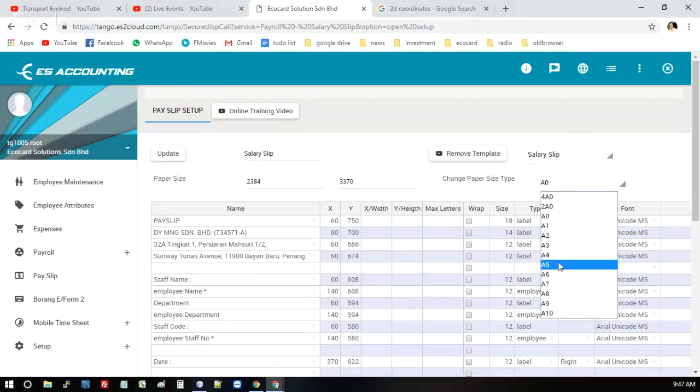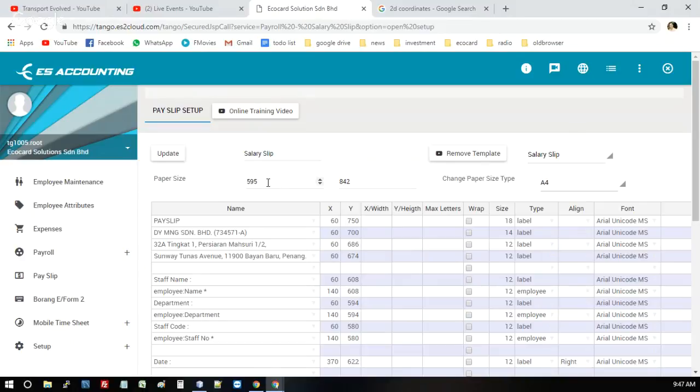Now you probably have a question: what exactly are these numbers, which you don't understand or cannot relate to your environment. An A4 paper size basically has, on the horizontal, 595 points, and vertical you have 842 points. What does that mean? Now, that means